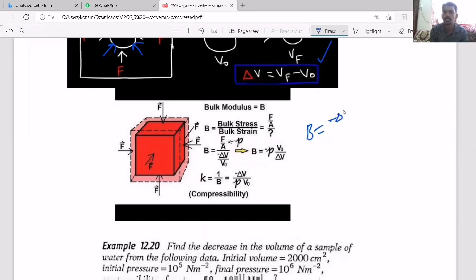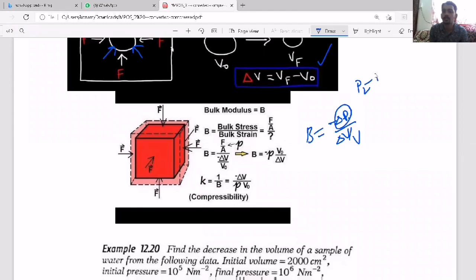Or one more thing also you remember here. So B equal to, even you can write like this also. See, delta P also you can write. Because sometimes what they will mention is already some pressure is there, P1. Now you increase the pressure to P2. Then delta P means change in pressure, P2 minus P1. If they give only pressure, that means initial pressure 0, final pressure P, so P minus 0. So they can ask the question in any manner, but P or delta P in the numerator is nothing but increase in pressure. So that is the bulk modulus.